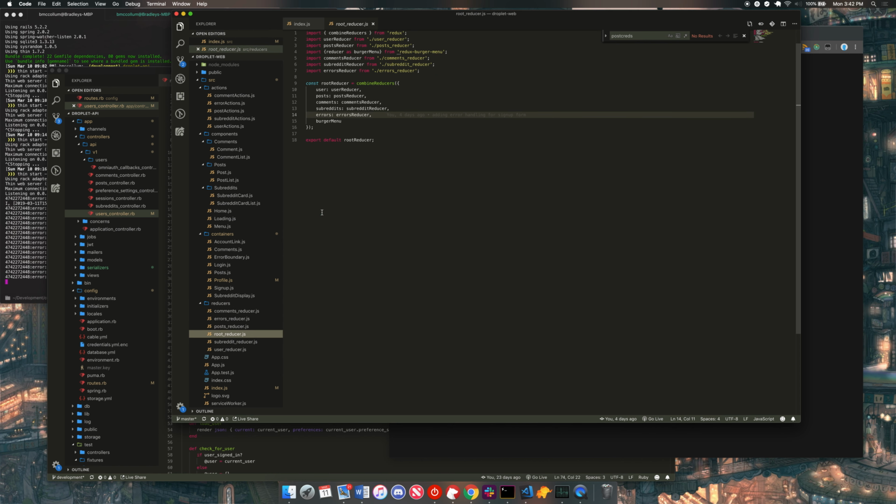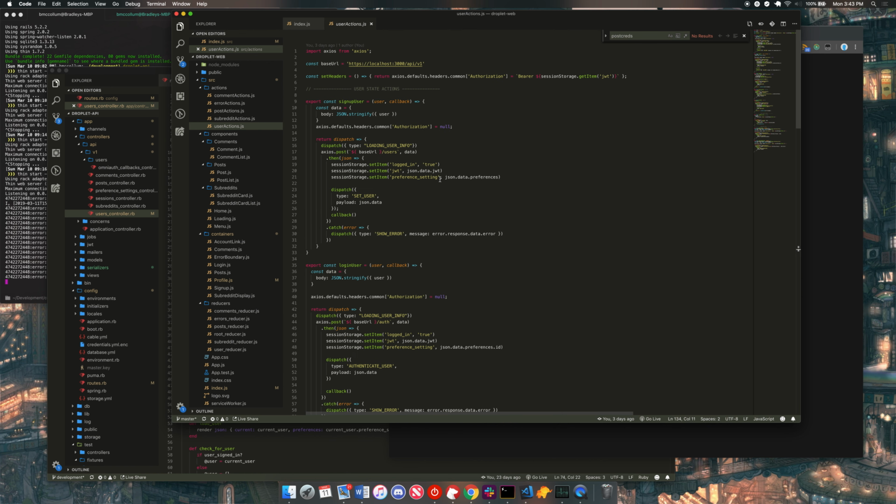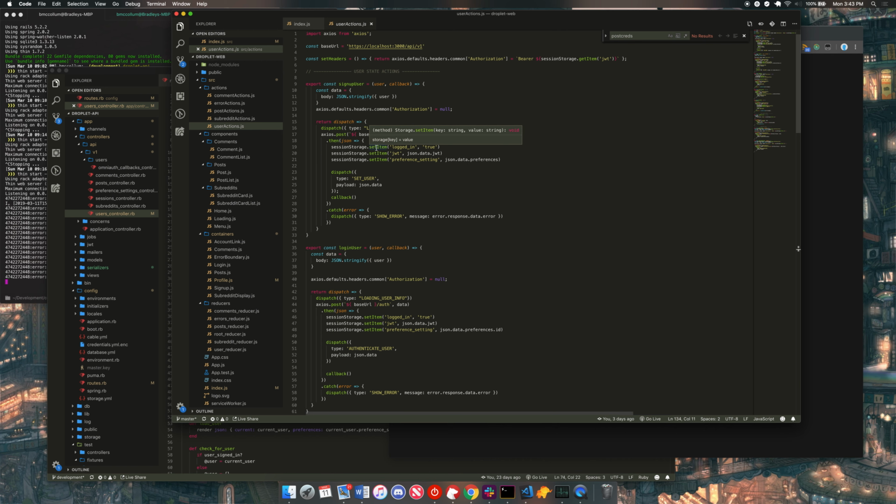So for our user actions, when we sign up a user, we're making heavy use of Axios, which is a very helpful gem for this kind of thing. It takes out that middle layer, or that first promise that you would typically have to resolve like a fetch. So it definitely makes that a little easier and gives you some more easily accessible and customizable settings than your